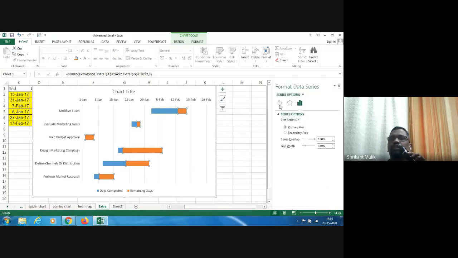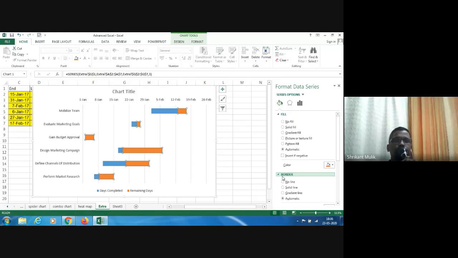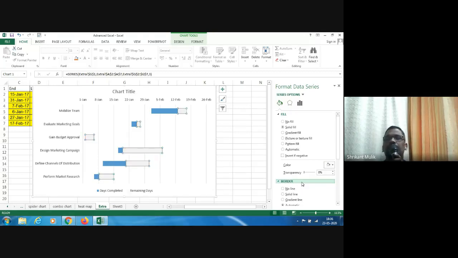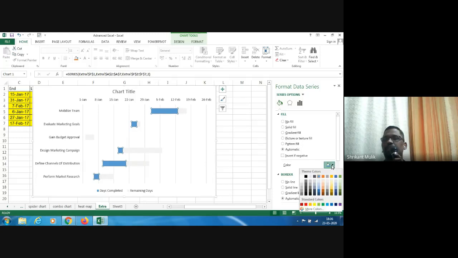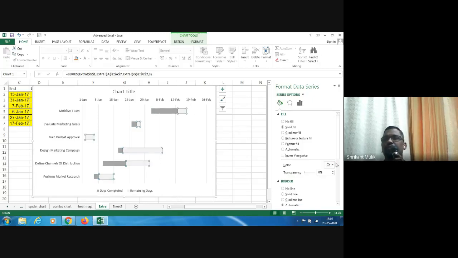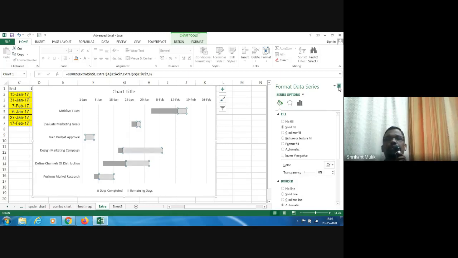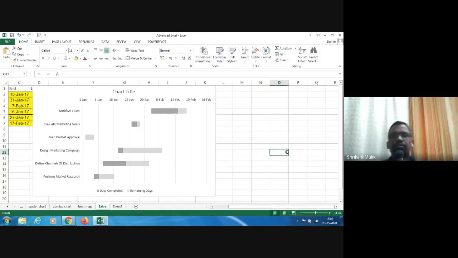I will fill it. Generally, if you see any Gantt chart, it will show like this, that this is light gray. So I'll make it light gray. Okay. And then I select another data series and make it a little stronger gray. Okay. Or maybe a little stronger. And this I may make it a little darker. And here I go. This becomes like a Gantt chart. Okay. So this is Gantt chart.